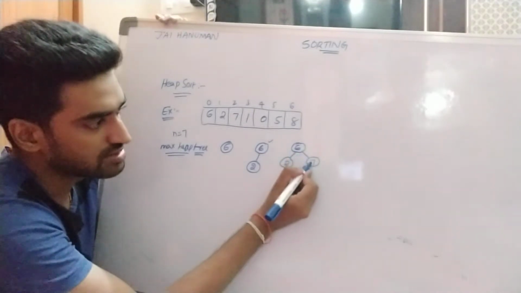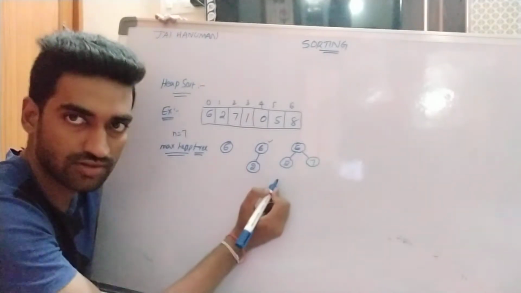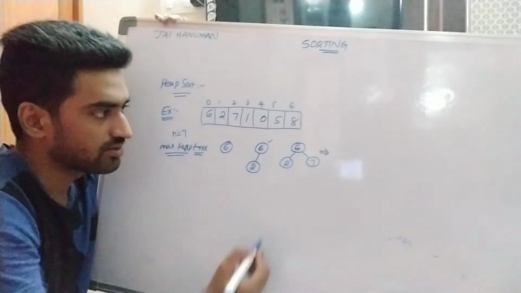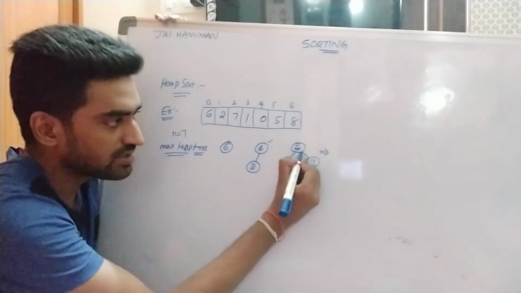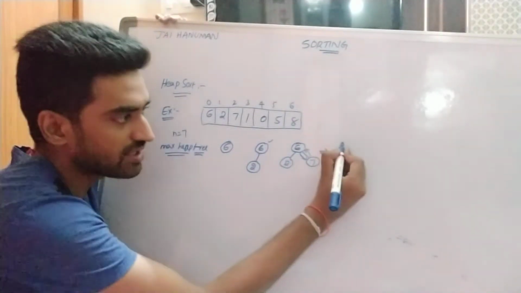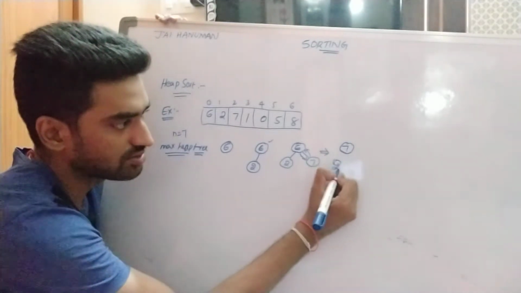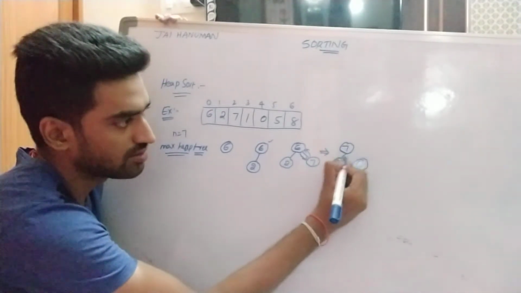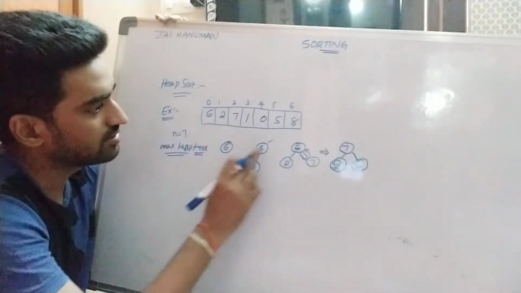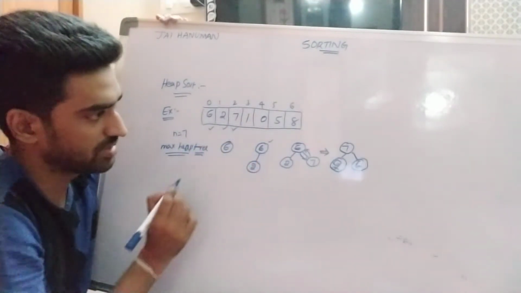So here the children node is 7, the parent node is 6. So the children node is greater than the parent node. So that's why this tree does not satisfy the max heap tree property. So to satisfy that condition, we are swapping these two. Now the tree becomes 7, 2, 6. Now this tree satisfies the max heap tree property, right? Then what is the next inserted one? So 6 completed, 2 completed, 7 completed.